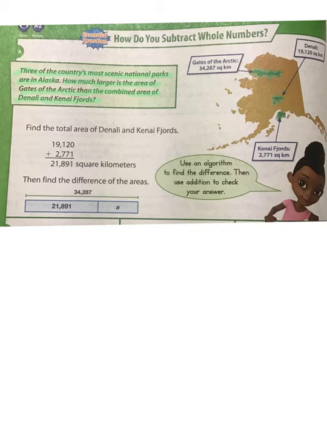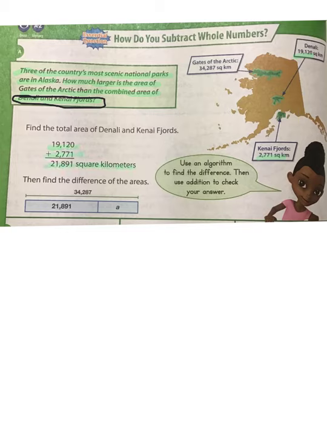This is a two-step question. First, we have to figure out the area of Denali and Kenai Fjords. If we look at the map, Denali has an area of 19,120 square kilometers, and Kenai Fjords has an area of 2,771 square kilometers. First, we have to add those two areas, which they did right here, to get the total